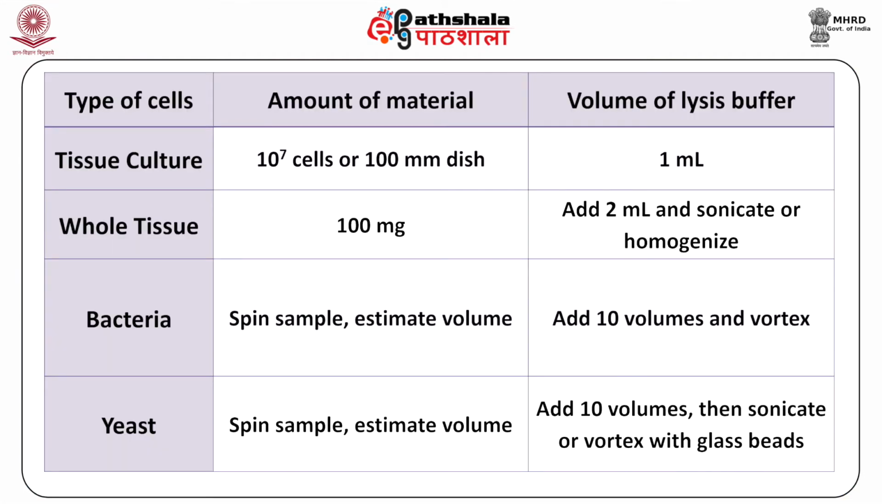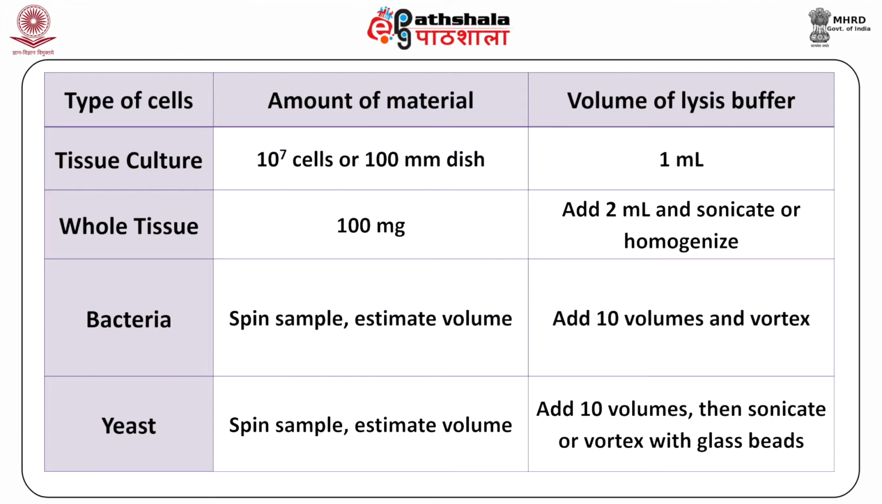The general recommendations for cell lysis volume: according to type of cell, the amount of material and volume of lysis buffer will vary. For tissue culture cells, the amount of material should be 10 raised to power 7 cells or 100 millimeter dish. Volume of lysis buffer should be 1 ml. For whole tissue, the amount of material should be 100 milligrams, while volume of lysis buffer should be 2 ml